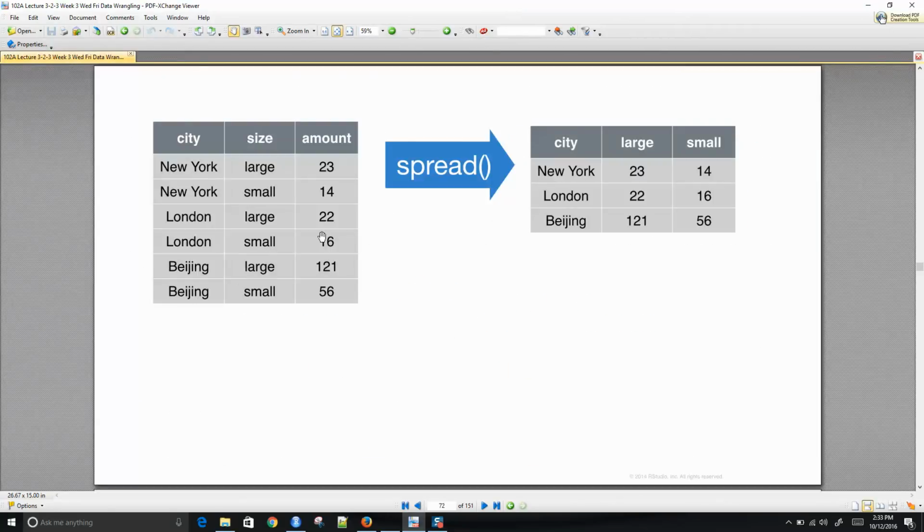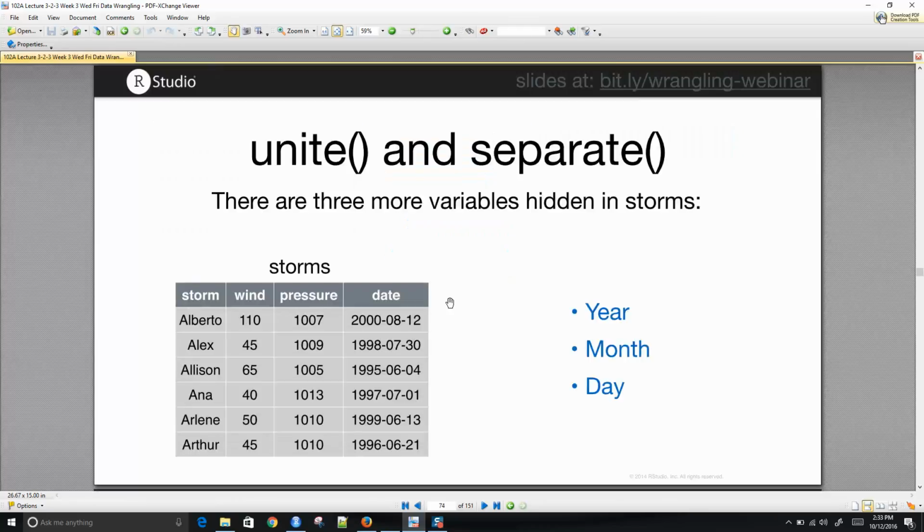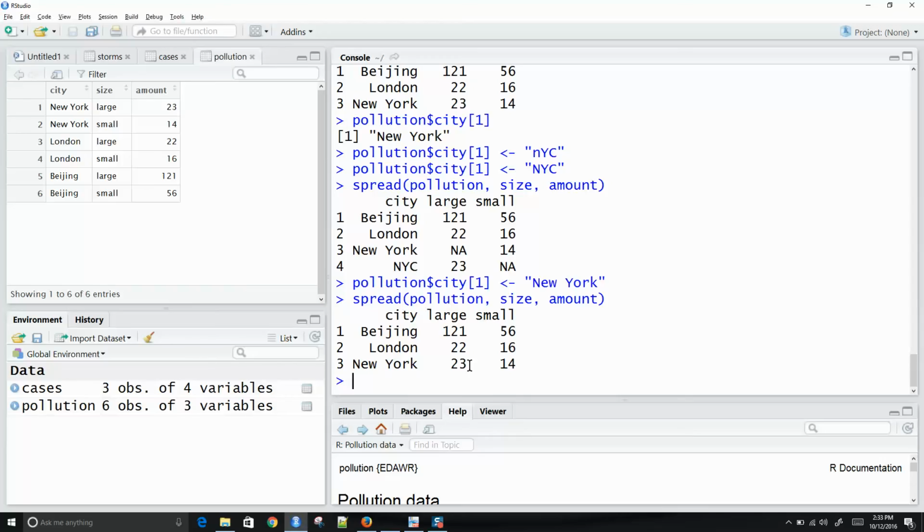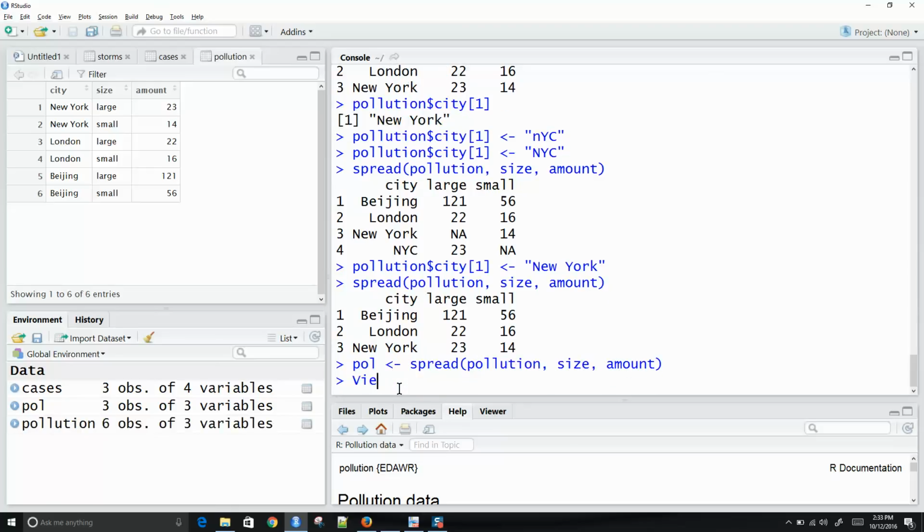So going from a table like this to this is spread. And if we wanted to go back the other way, this would be gather. Spread and gather are kind of like inverse functions. Spread takes one column of data and spreads it out over multiple columns. Gather takes multiple columns of data and gathers them into one. Let me show you. Let me store the result of spread over here, and I'm going to call this POL. And if I do view POL,